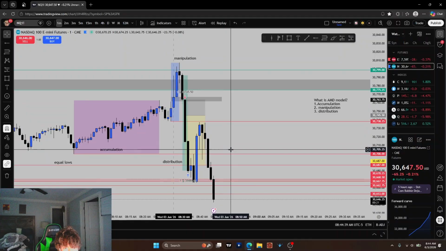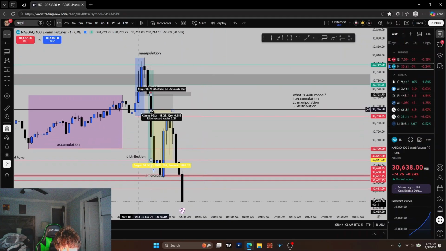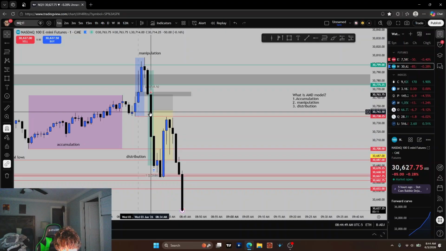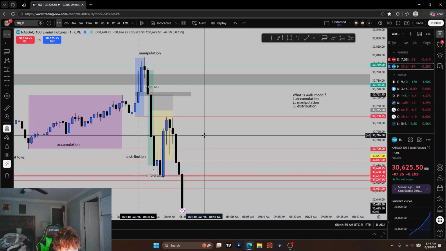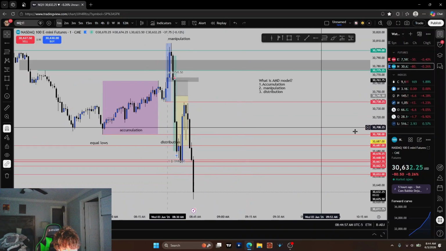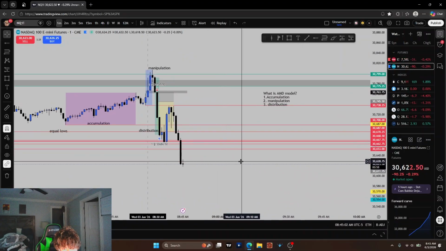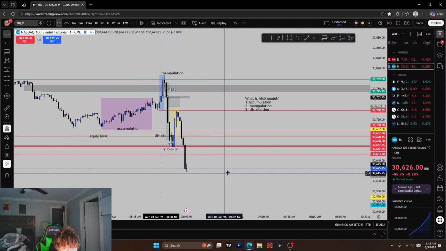Now, it did not align perfectly with my entry model because we didn't get a close before this low, but I took advantage of that momentum coming in and entering right before here. Luckily, I got this entry. Price comes down below this low, or sweeps this low. That's my break even, and see, chat, or see, guys, it just swept all this liquidity.